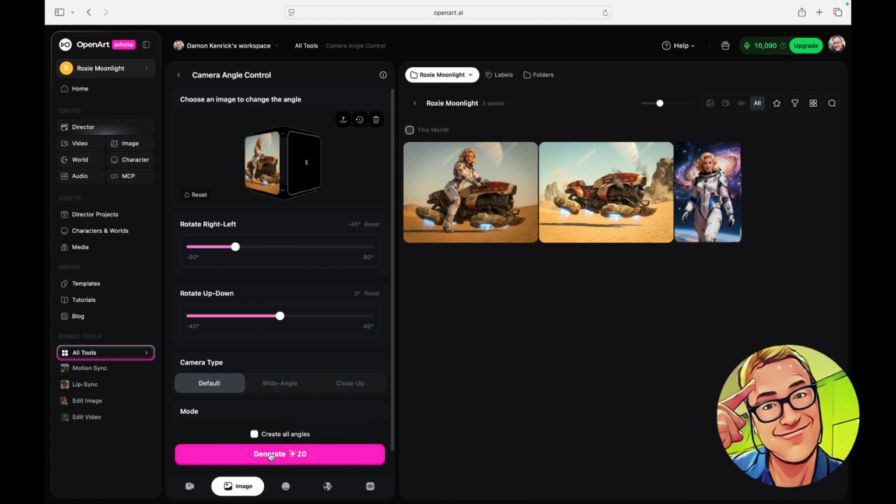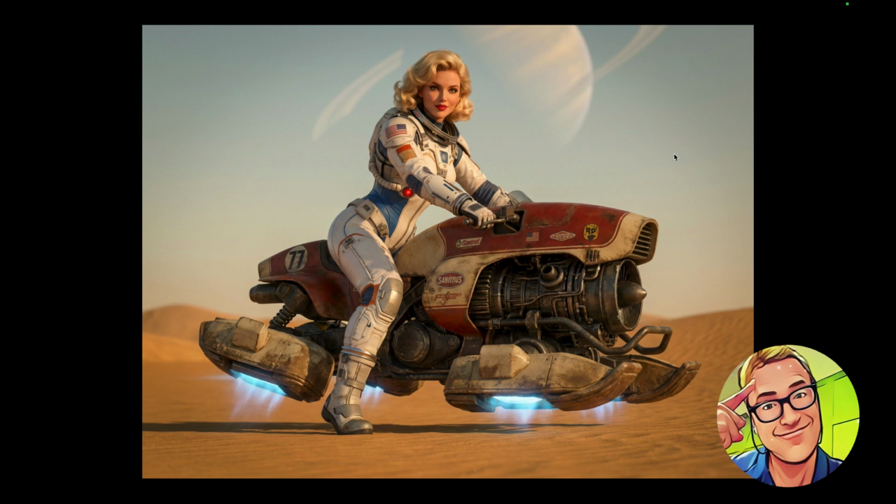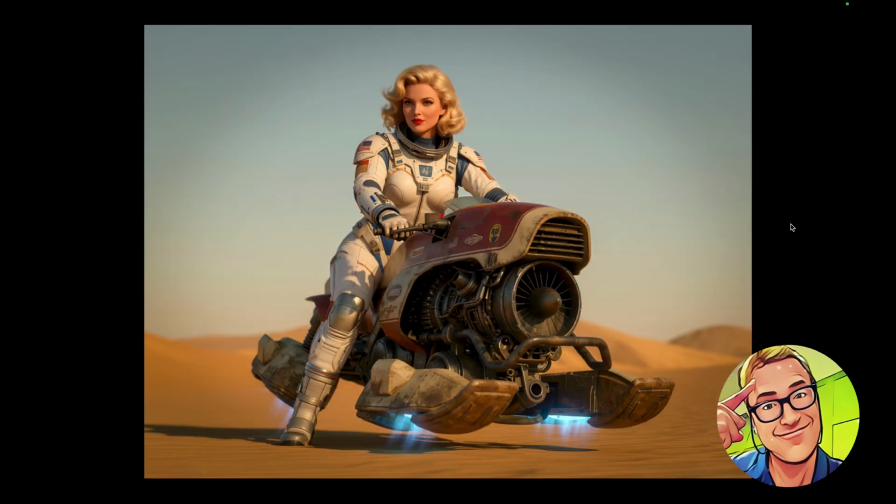And then I'm just going to hit generate and see what that gives me. So now we go from this to this, and I like this much more. She's not looking at the camera anymore. It's, I don't know, more dynamic looking, and I'm going to take this and we're going to work out